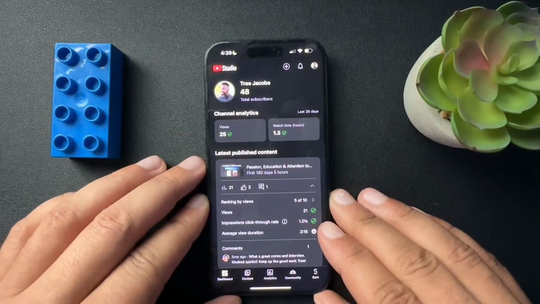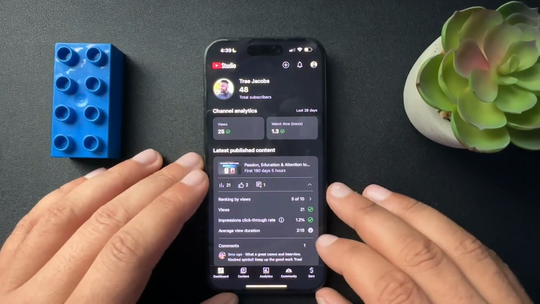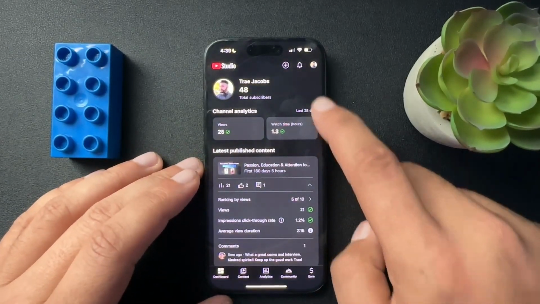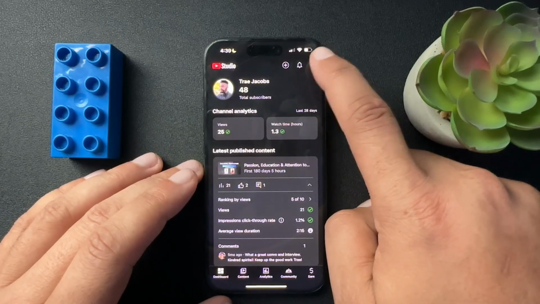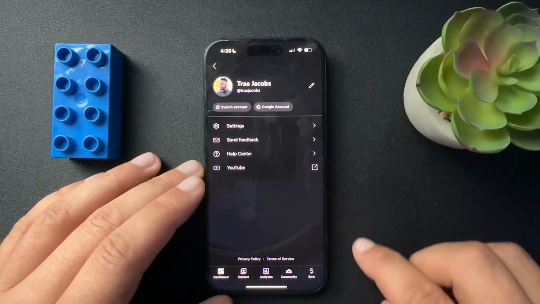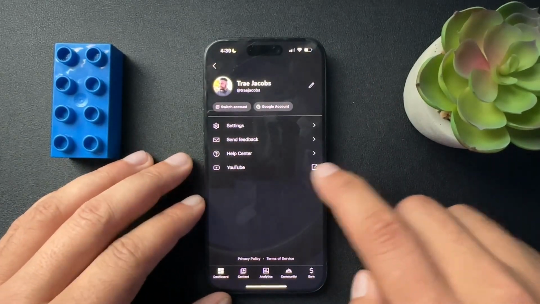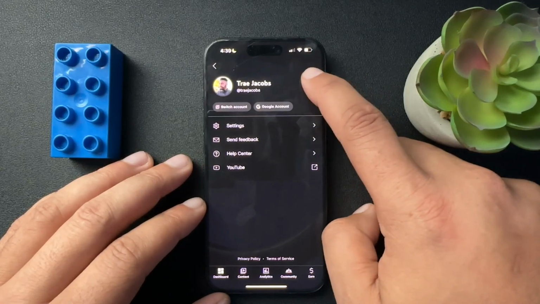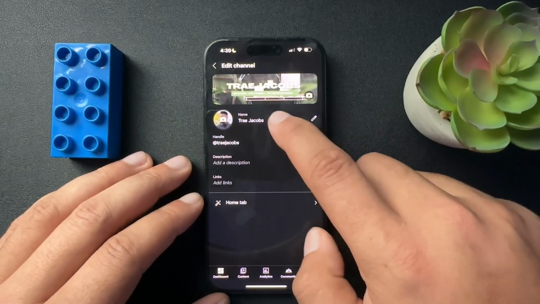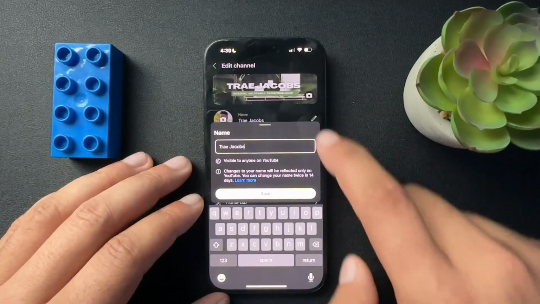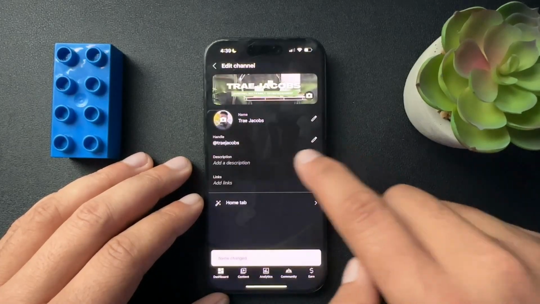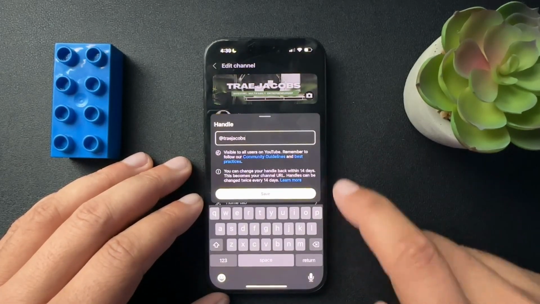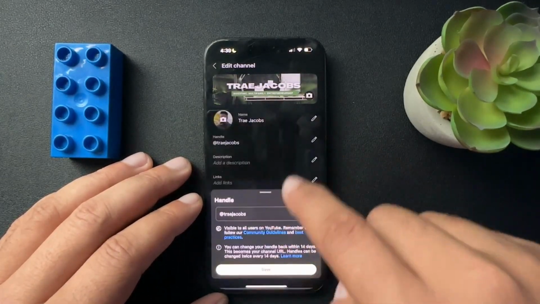Inside of the YT Studio app, what you would do is hit your icon, your little face, your profile in the upper right hand side of the screen. And then really simply just hit this edit button here. And now I can edit my name here, or I can edit the handle right below it. So two easy ways,